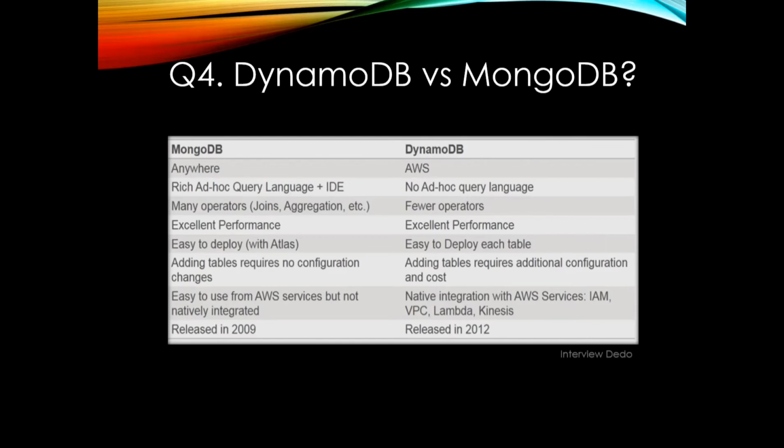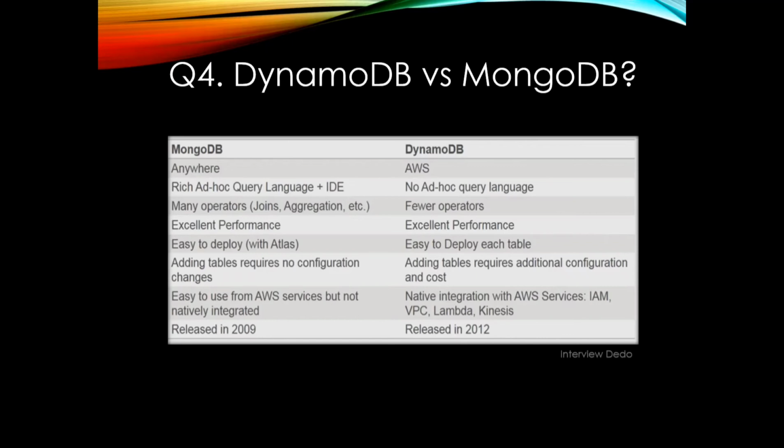MongoDB has a rich ad hoc query language where you can write any query, plus IDE support will be provided. But in DynamoDB, there are no such options. You just have to write a simple options-based query, and you can query or scan it. DynamoDB, on the other hand, provides some APIs through which you can call the DynamoDB services by using Python or any other language. Okay, so MongoDB has many operators, join, aggregation, which are not available on DynamoDB,